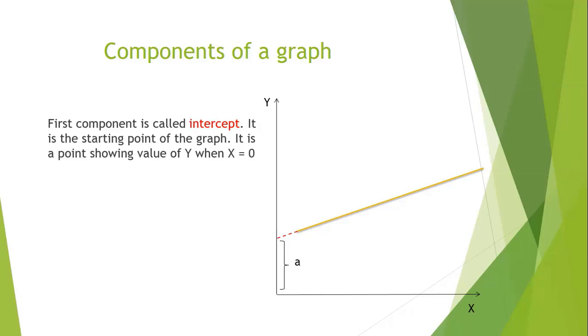Clear? So intercept is the starting point of line. It gives us a story that what else is happening around. It tells us what is the height of a line. Higher the value of A, higher the line will be. Height. Okay, so it means that other than income, there is something else that is there. More height means more things are there.